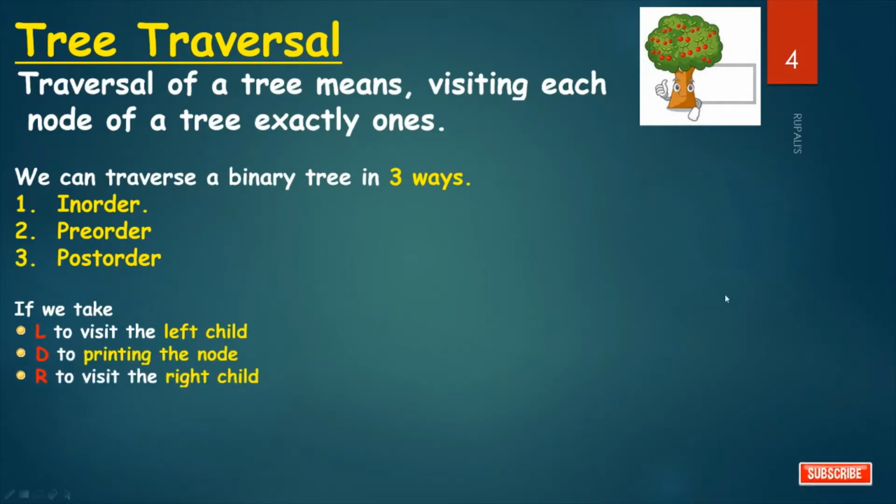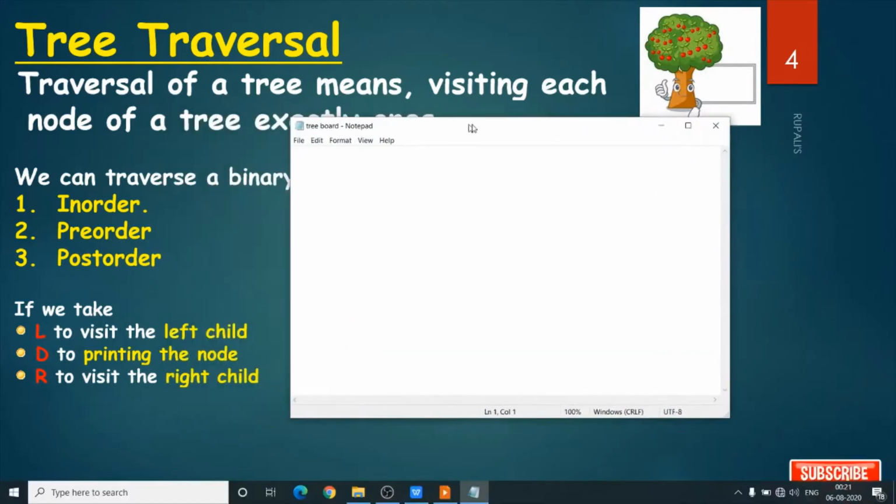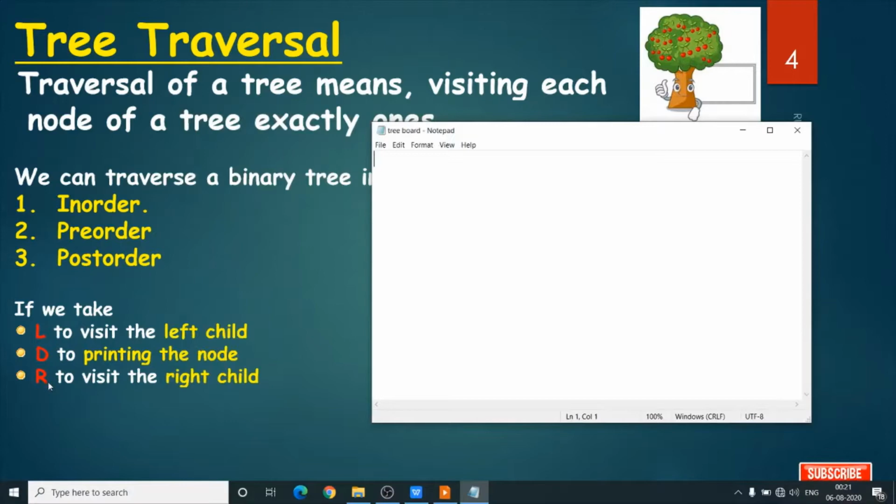Then see how many combinations we can get using L, D and R. First we can get LDR, DLR and LRD. Next we can get RDL, DRL and